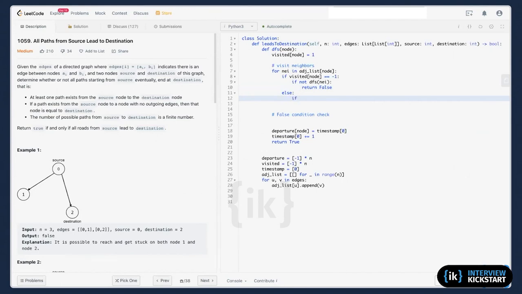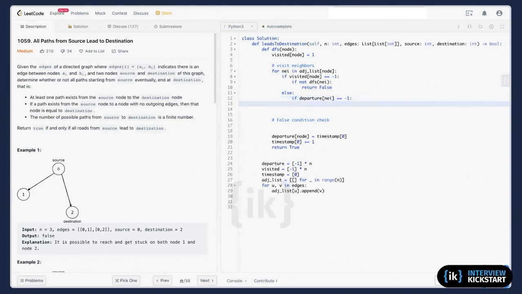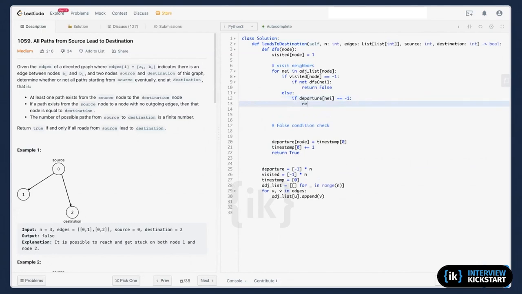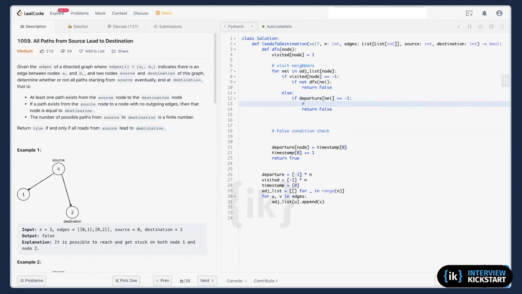If the departure of the neighbor is minus one, because I initialized all the values to minus one, which means it's not been done yet, then I return false, because I saw a back edge. Cycle detected.